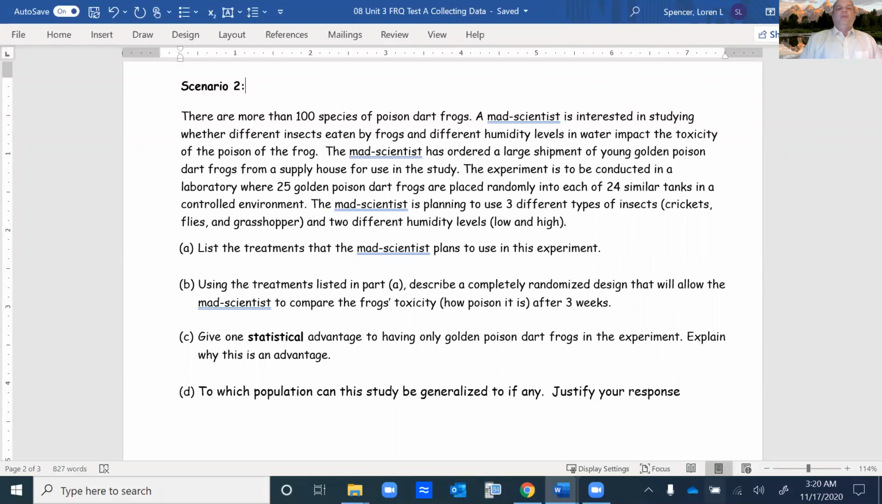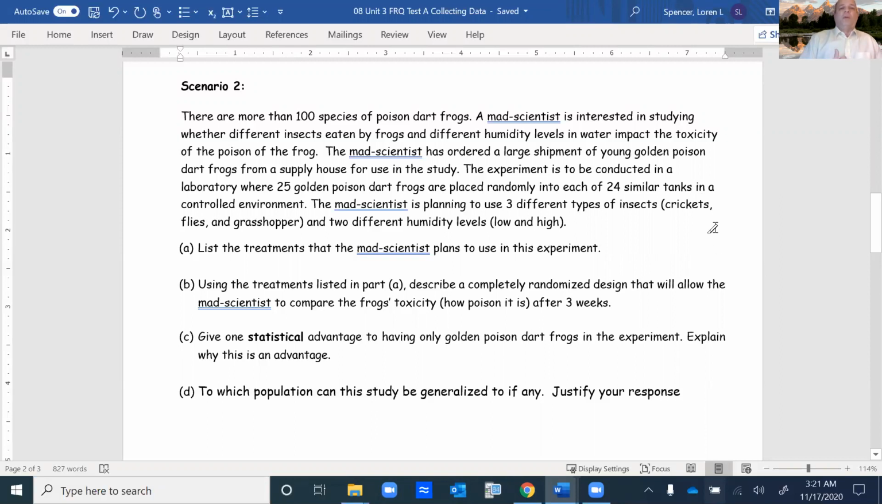There are more than 100 species of poison dart frogs. A mad scientist is interested in studying whether different insects eaten by frogs and different humidity levels in water impact the toxicity of the poison of the frog. The mad scientist has ordered a shipment of young golden poison dart frogs from a supply house for use in the study. The experiment is to be conducted in a laboratory with 25 golden